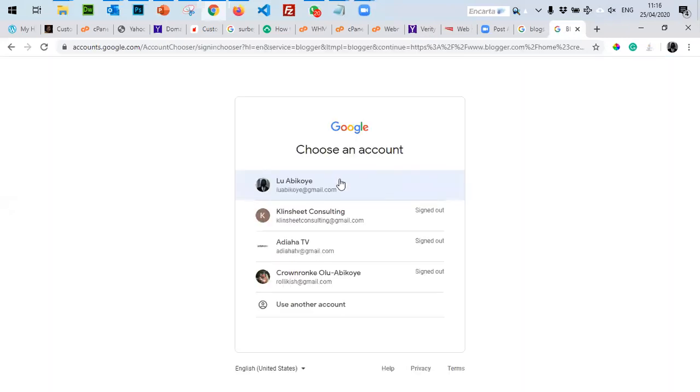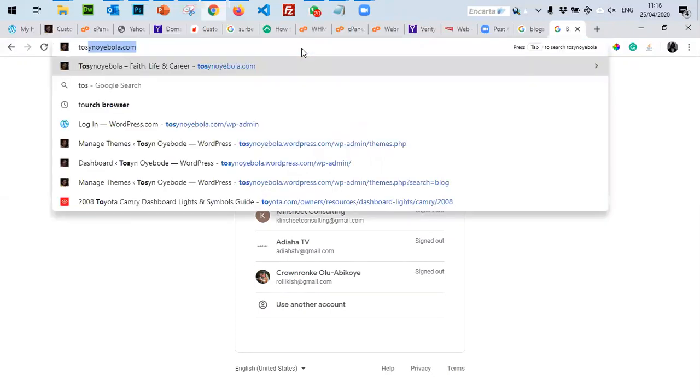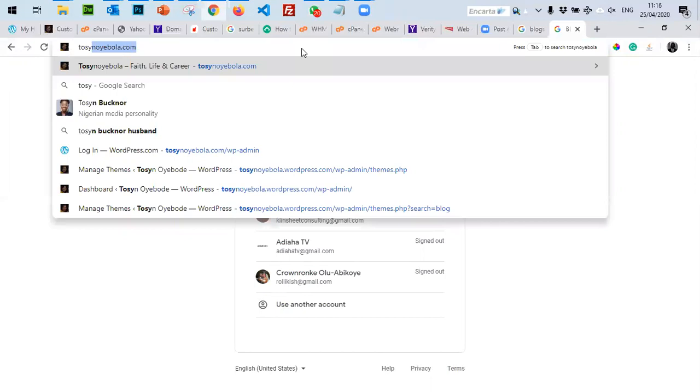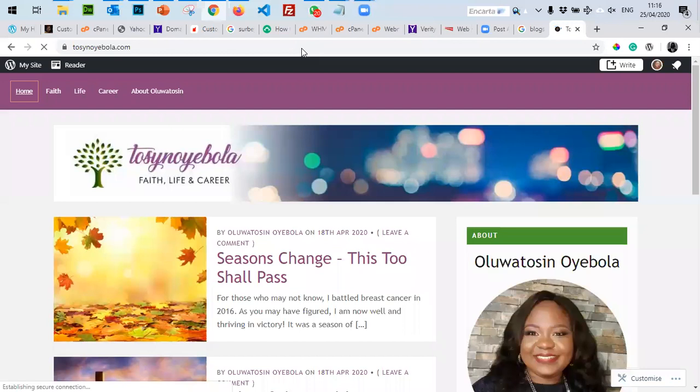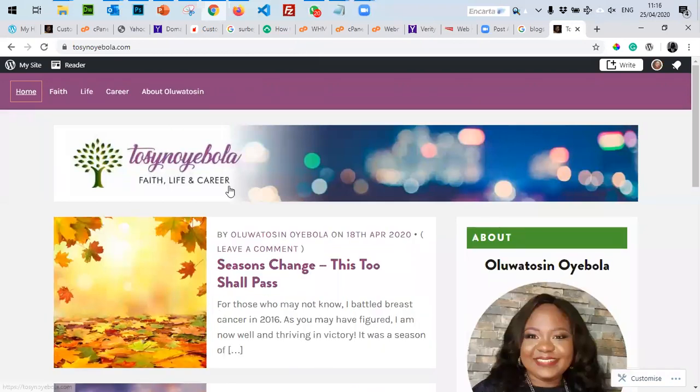But one thing about the free blog website is that it is not very professional. So we have people who want a more professional blog. They might not be commercialized, but they definitely want something neatly done, professionally done, and they have full control over. So I recently had a client, Tosin Oyebola. She's a top HR person, and she wanted her blog set up for her. So this is something that was done recently.